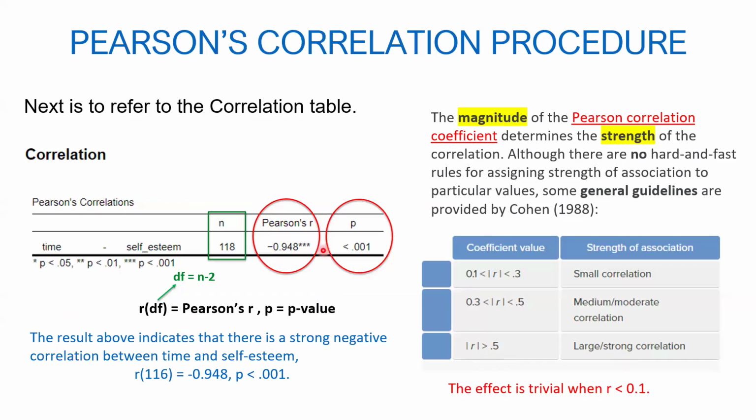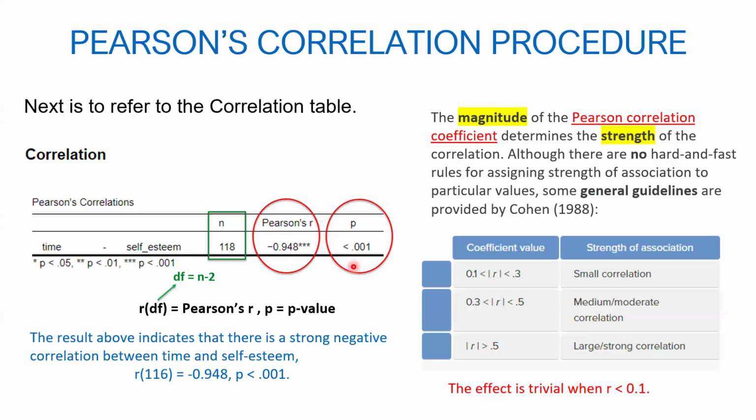In here, our p-value is less than 0.05. Because it's less than 0.001, obviously it's less than 0.05. Therefore, our decision is to reject the null hypothesis. Rejecting the null hypothesis would mean we take our alternative hypothesis. Doing so would lead us to conclude that there is a significant correlation.